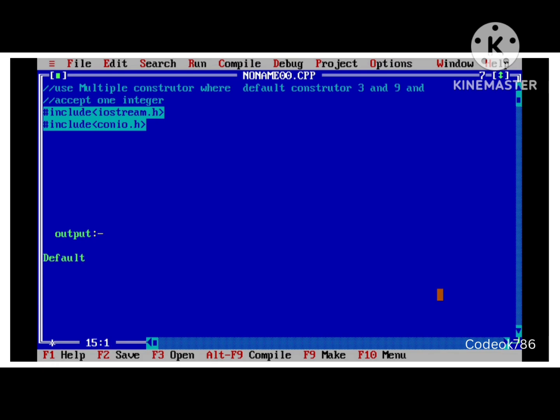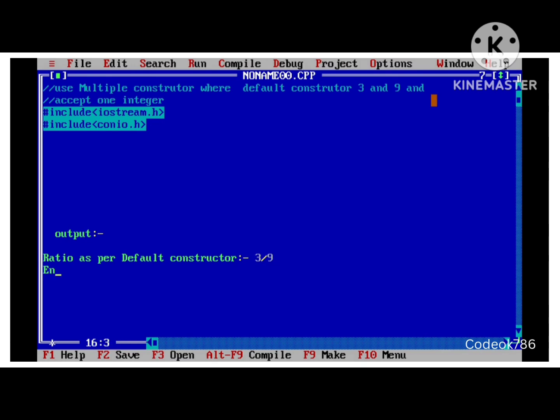I want over here ratio as per default constructor. As I have taken already two values over here, we have to write just that as a ratio